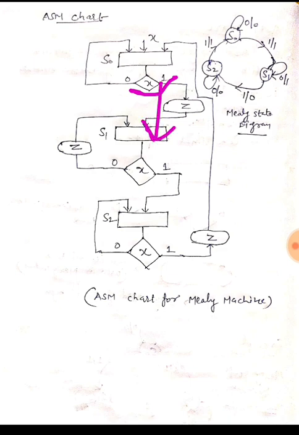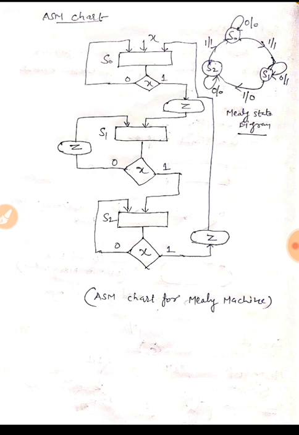S1. As I have already told you, there will be a conditional output box as well for a Mealy machine. So it will move to state S1 through this conditional output box where Z is the output. Okay, so when the input is 1, the output is high, so Z is equal to 1 in this case. I have not shown it in this figure, but Z would be 1 when it transits from S0